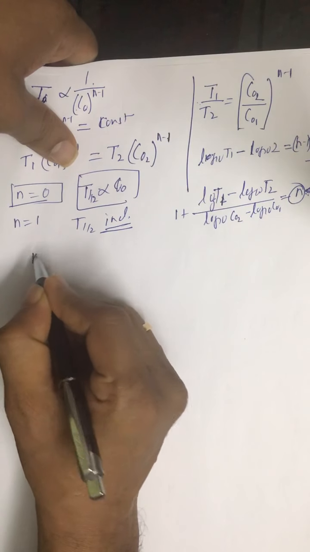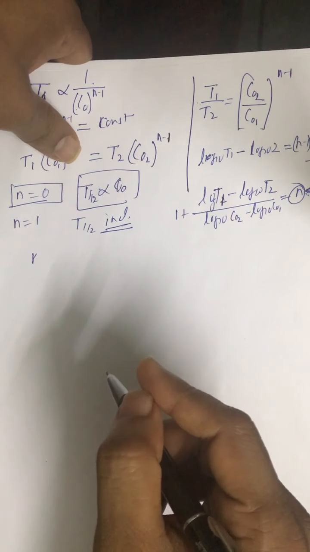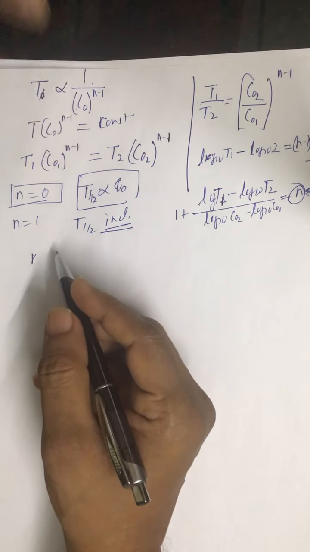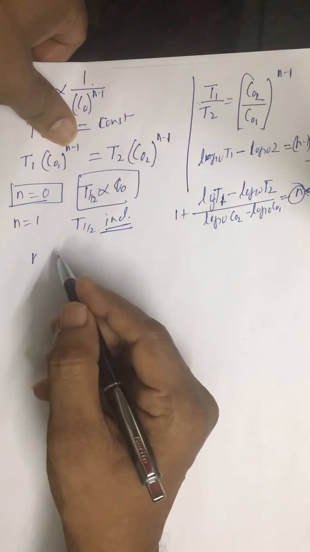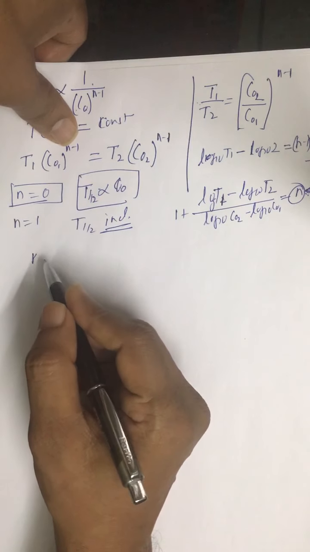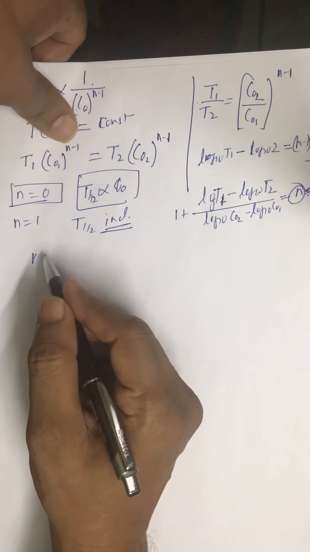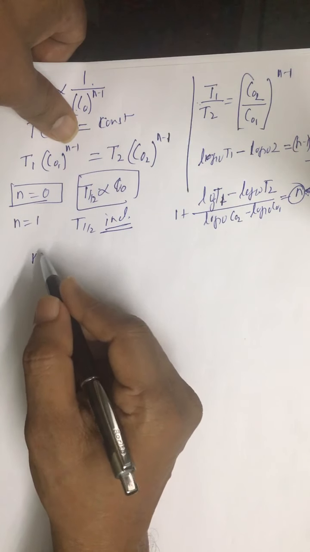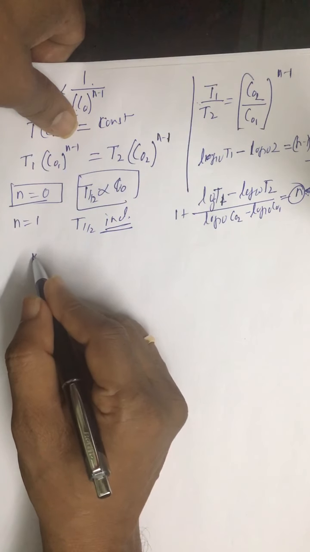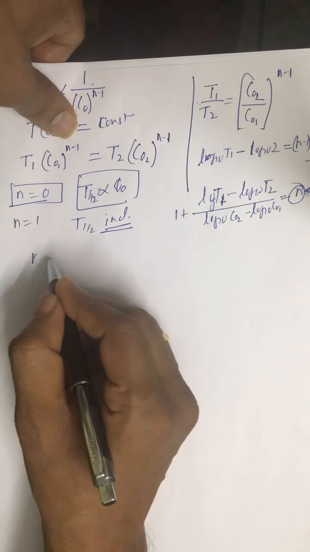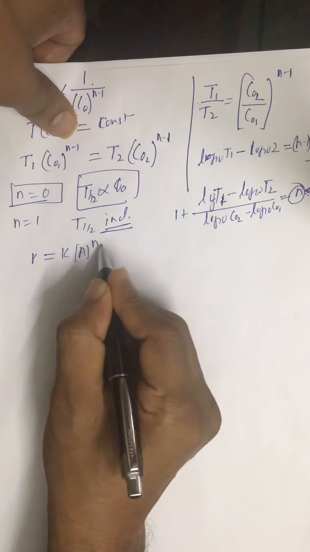On the basis of graphs, in chemistry normally our intention is to make straight line graphs. We don't write other forms except in very rare cases like Boyle's law, where we draw a graph between P and 1 upon V, or P versus V, where we get a rectangular hyperbola. Otherwise our intention is to get a straight line. So look at the first relation, r equal to k A to the power n.